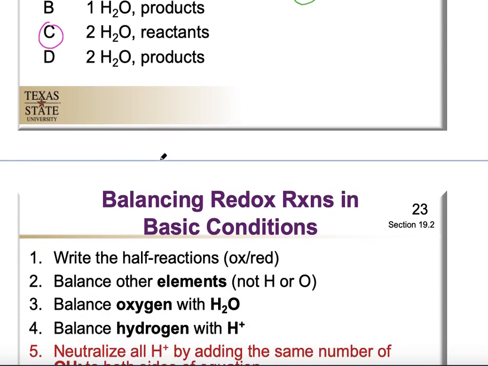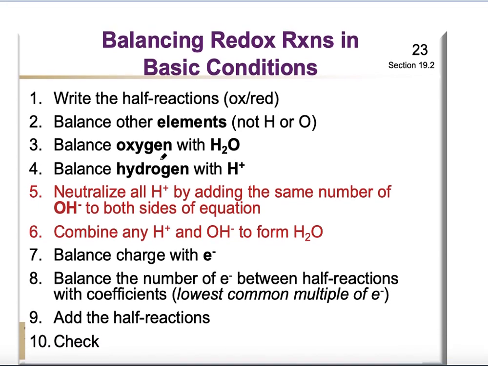All right, so now, this is how we balance equations under basic conditions. You'll see that the process is almost the same, except for step number 5 and 6, which are highlighted in red. So first step, we're going to write our half reactions, one for oxidation, one for reduction. We're then going to balance elements other than hydrogen or oxygen. We're then going to balance our oxygens by adding waters. We then will balance the hydrogens by adding H+. Then we need to neutralize all of the H pluses by adding the same number of hydroxide ions to both